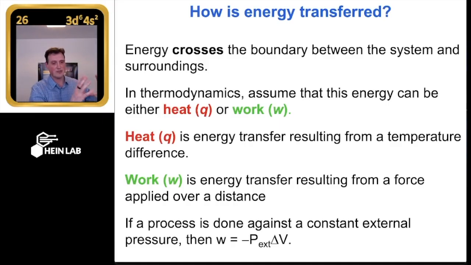It's still got that same general idea as force over a distance. We're just talking about a three-dimensional area that's going to be affected by this force and distance. So work is still the same thing. It's a multiplicative product between force and distance. The one thing we're going to do is, remember, work happens when there is a change. So we define this as the work being the change in volume, but we make a definition. We're measuring the change in volume of the system as it expands or contracts against a constant force, where the constant force is what's known as the external pressure.